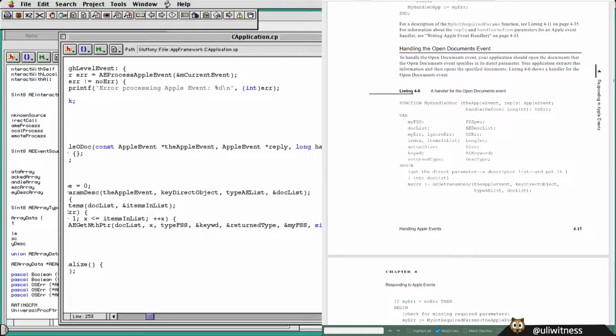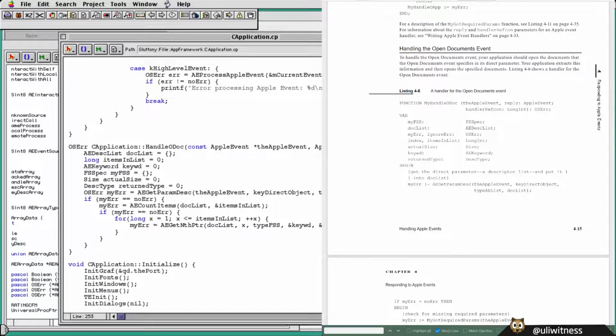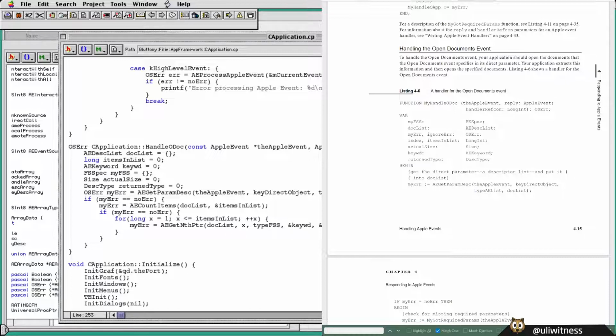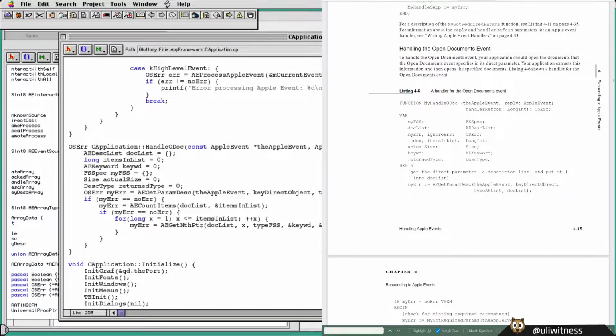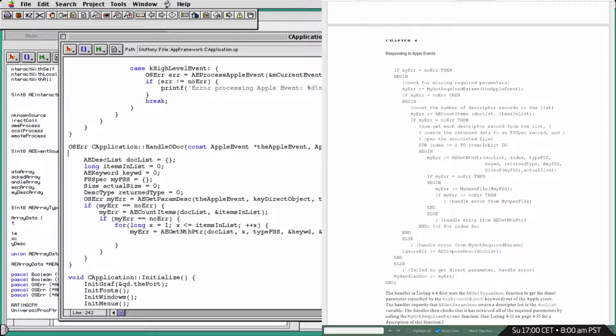Actual size. Yeah, I think I already have that. Okay. And then see application equals